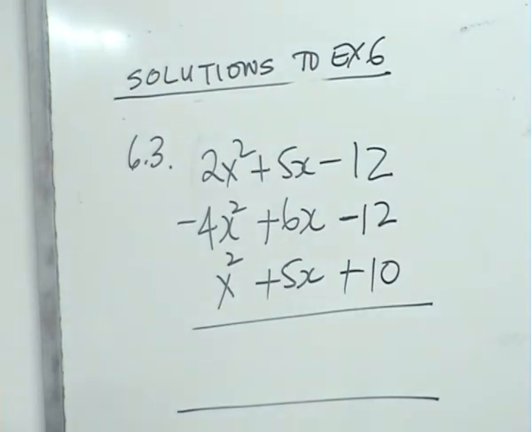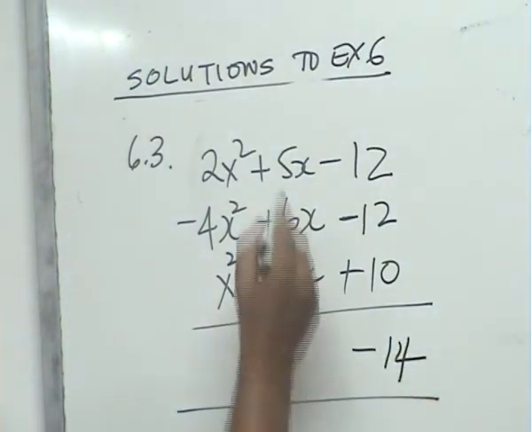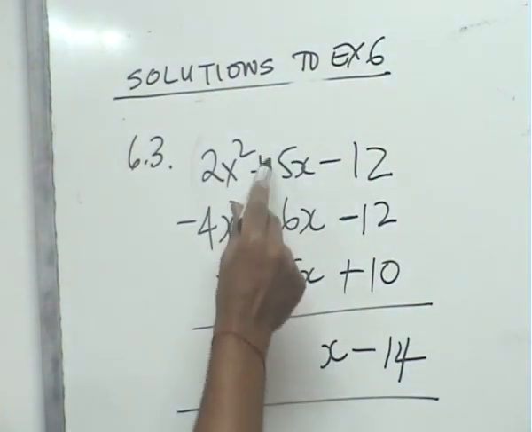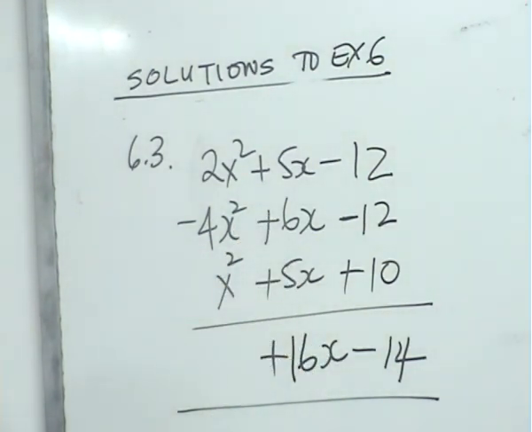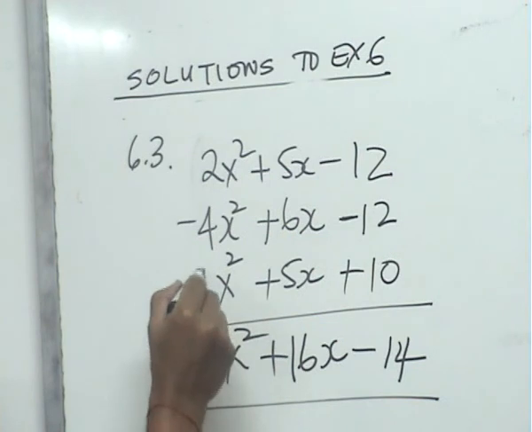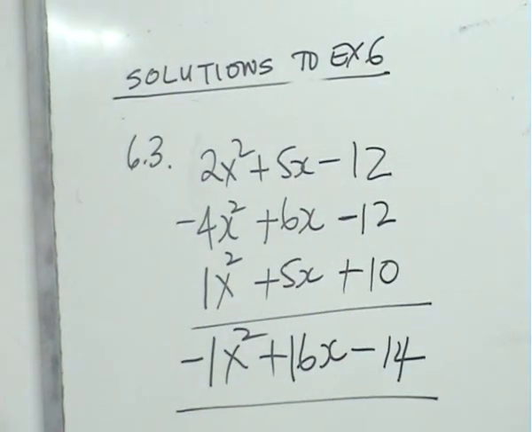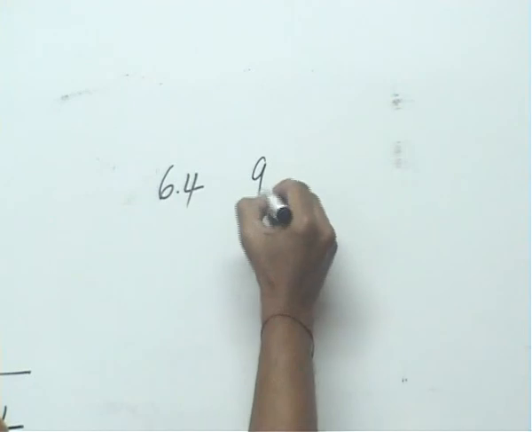Minus 12 and minus 12 gives you minus 24. Plus 10 gives you minus 14. This column has got x, so you write down x. Plus 5 plus 6 plus 10. 5 and 5, 10 and 6, 16, it's plus 16. This column is for x squared, so you write down x squared. Now you must understand that the 1 here is understood. So 2 and 1, 3. 3 minus 4 gives you minus 1. So your final answer for 6.3, minus x squared plus 16x minus 14. 6.4, be careful what goes on the